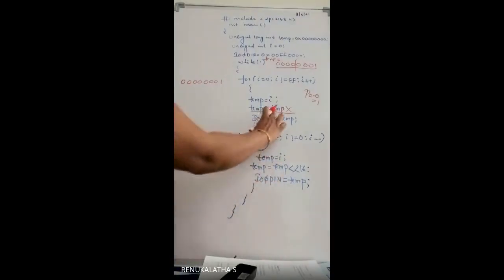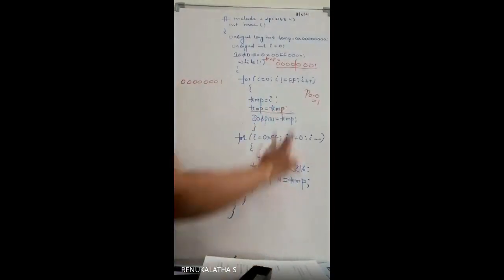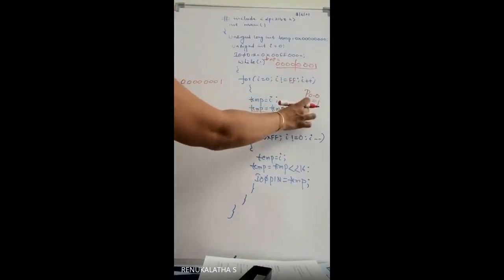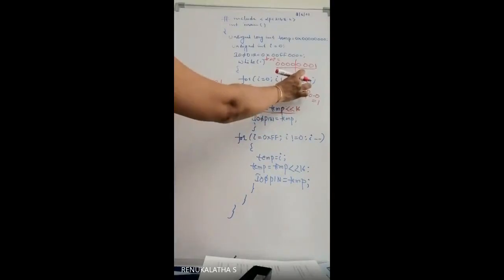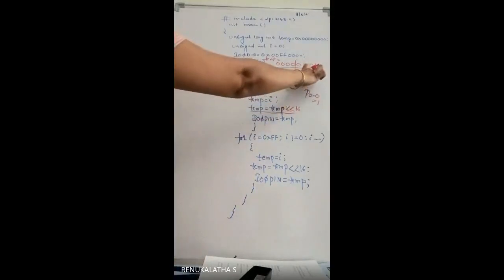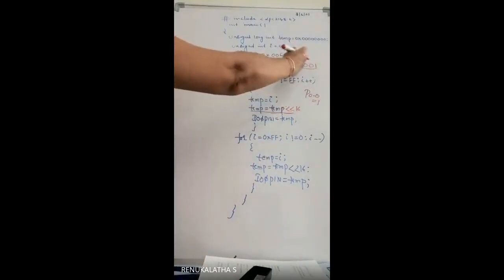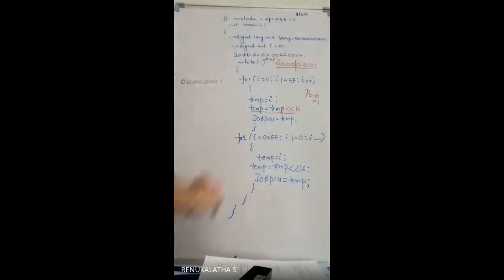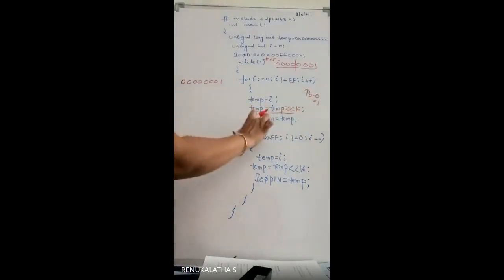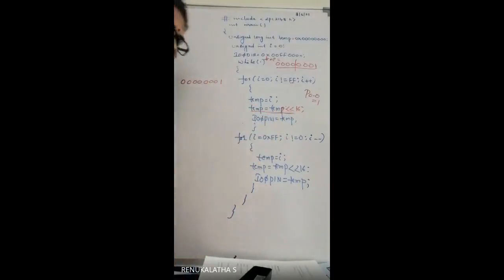So this temp should be left shifted by 16 times, so that whatever value you are incrementing, this 0001, fits only into 16 to 23. Now it is at the LSB if you don't shift. If you shift 16 times from the LSB, it will come to the 16th position. That is what we are doing here using this statement. Then we can assign that value. The first value is this. Then you assign that value from temp to the IO pin register. Then from the IO pin register, it will reach